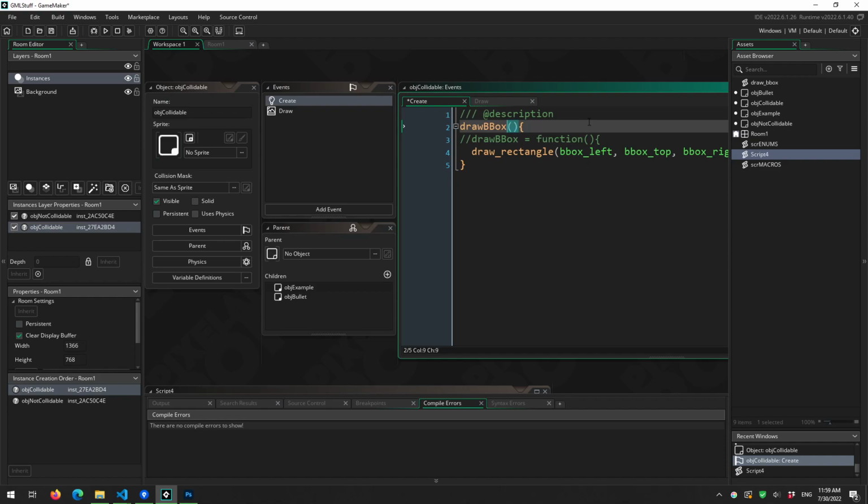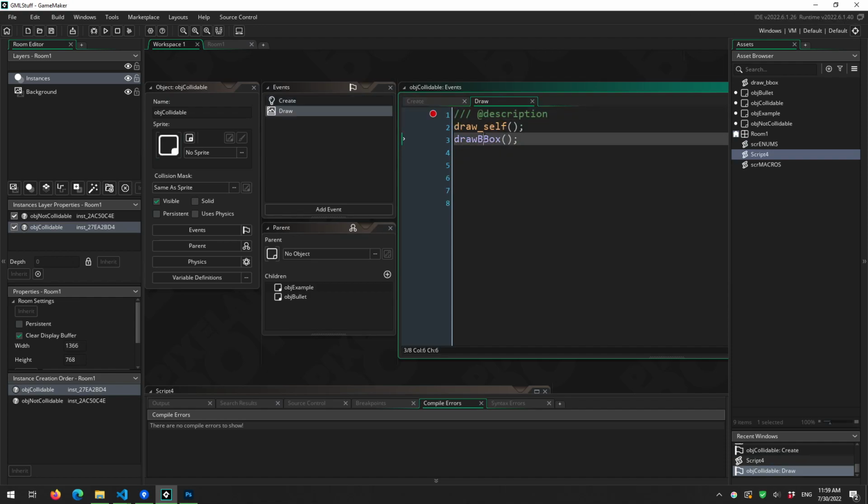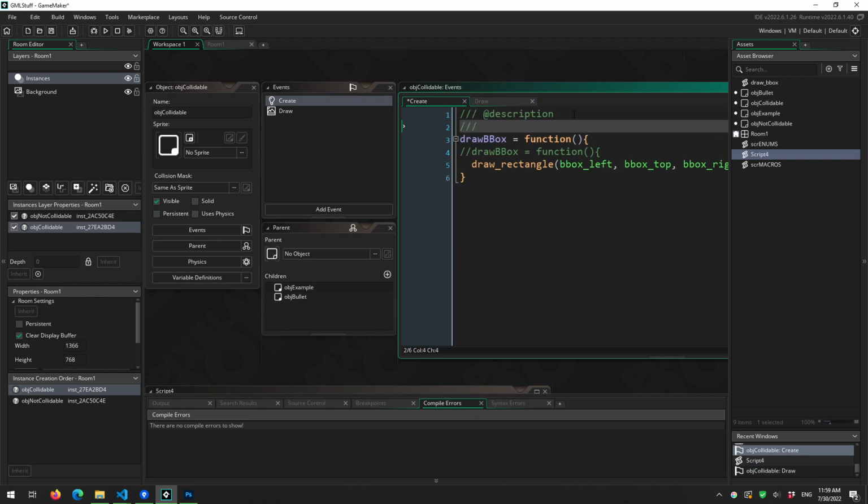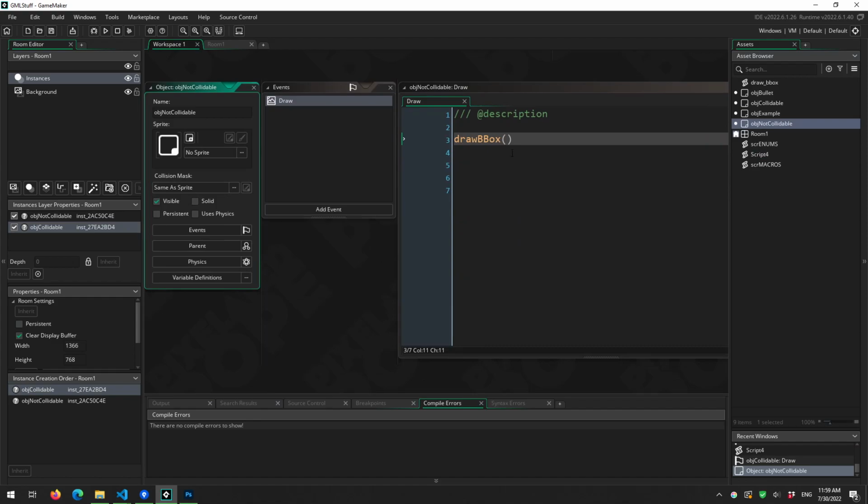Now the downside. The downside is it will never turn orange, no matter where you're calling it, if you define it like this. So we go back to our draw. It's blue. It's always going to be blue. Unless you do this. Now that we've defined it with a triple backslash and an @ sign, it's func, draw bbox, but it's orange over here still. So